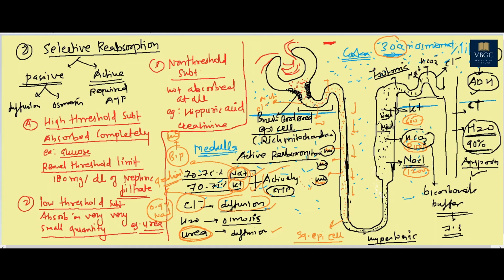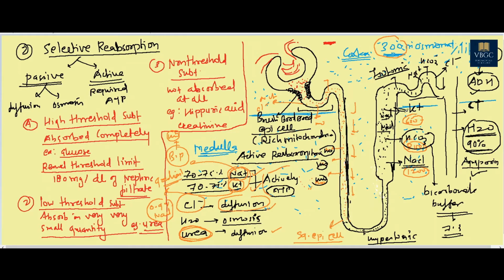So now you can understand what are the things absorbed here. In the PCT we have absorbed sodium and potassium actively with the help of ATP, chloride by diffusion, water by osmosis, and urea by diffusion, which maintains the medulla hypertonic. Then the squamous epithelial cells of the descending limb of Henle are highly permeable for water absorption. Then moving to the ascending limb of Henle,